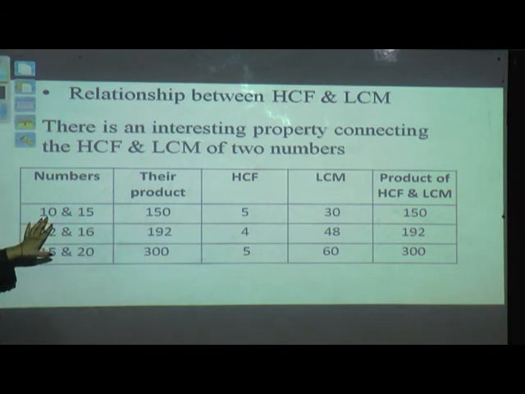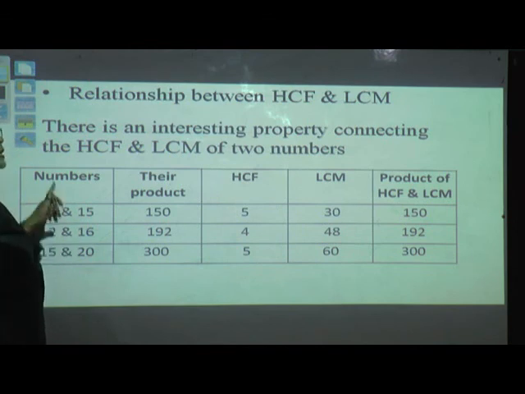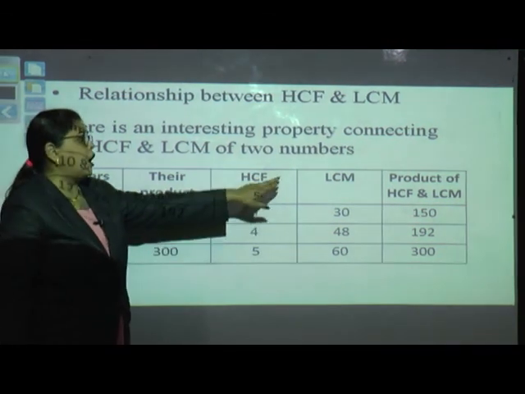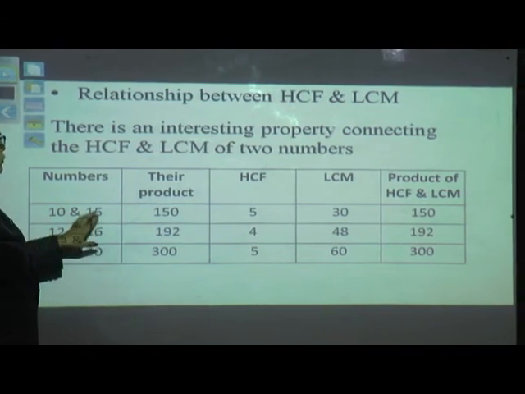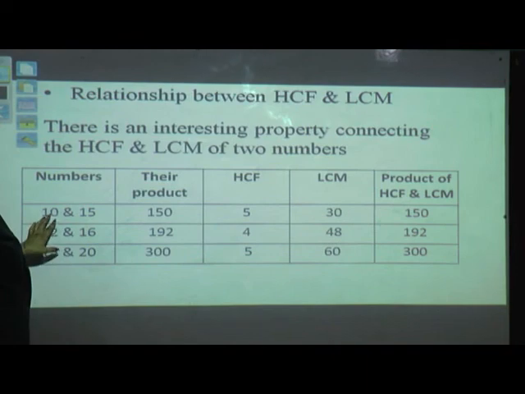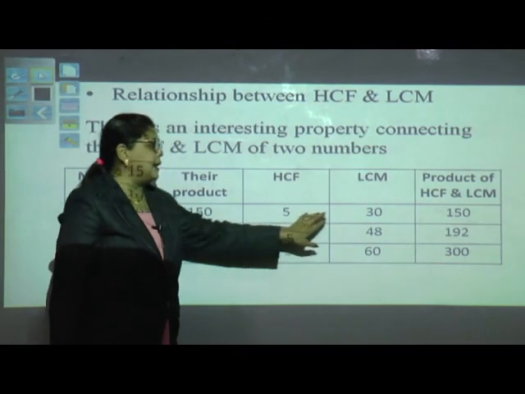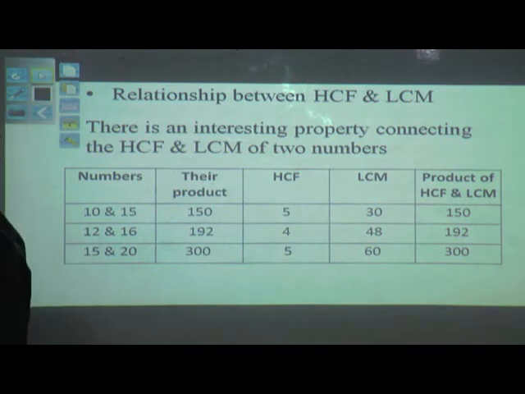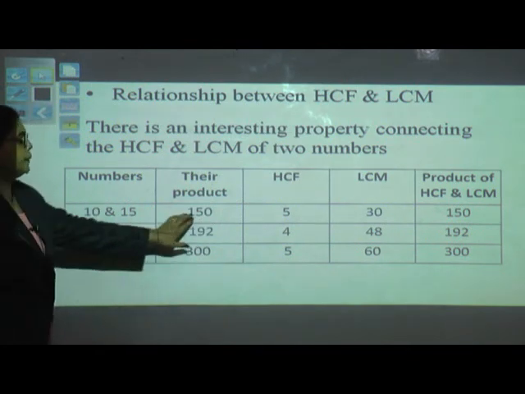Okay, you know how to find the HCF. You have to find the factors of 10 and the factors of 15. Find the highest common factor, which is the highest among the common ones, that is 5. How to find the LCM then? You know, just 2 minutes ago we learned that for 10 and 15 together we have to find the least common multiple, that is 30. Now when you get this HCF and LCM, we multiply them and write the product of HCF and LCM, which is very similar to the product of the given numbers.